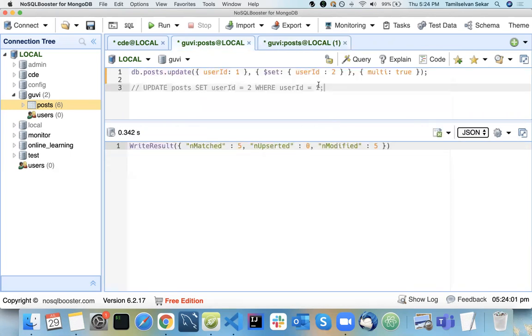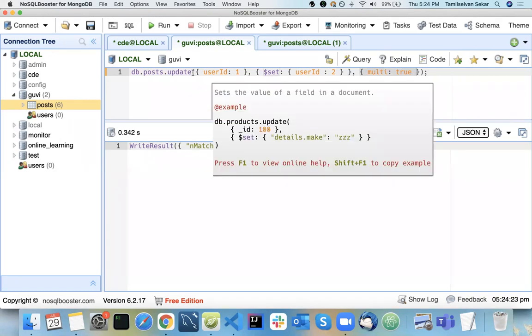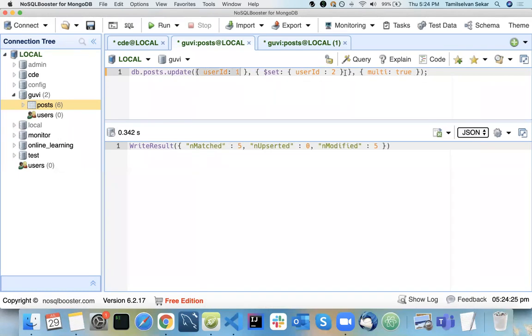Clear on the update part? It is exactly similar to this particular command, update user ID, something like this, okay. So update will work as both update one and update many. In order to differentiate between update one and update many, you need to supply a parameter called multi equal to true, okay. So first parameter is your condition, second parameter is what you want to update, and third parameter is for how many records you want to update, whether it is going to act as update one or as update many, okay. So that is the thing.